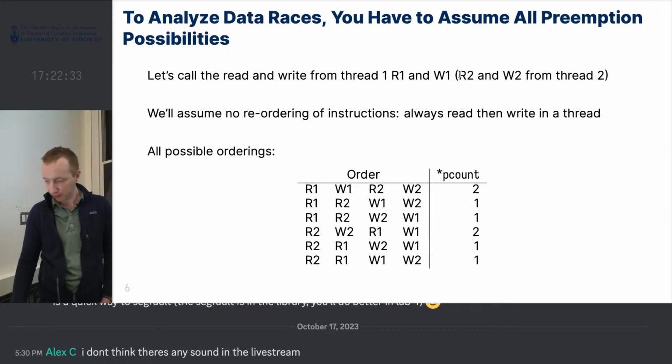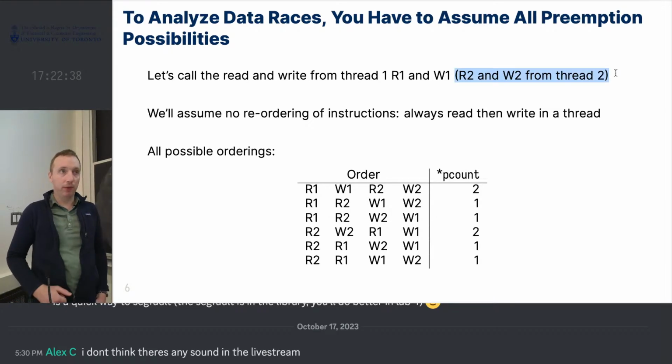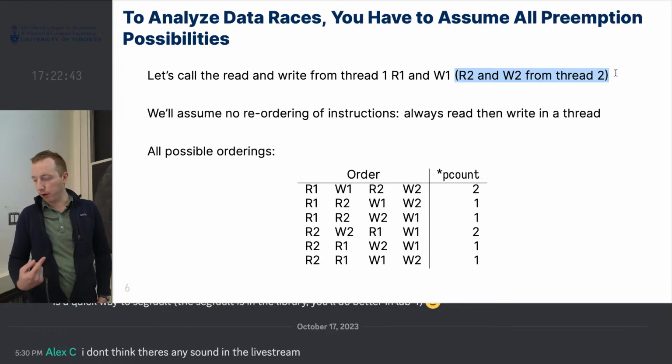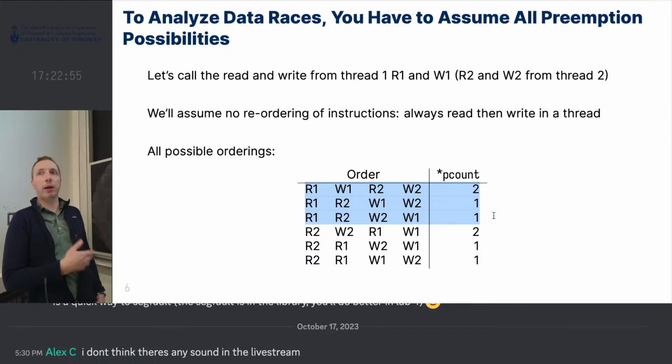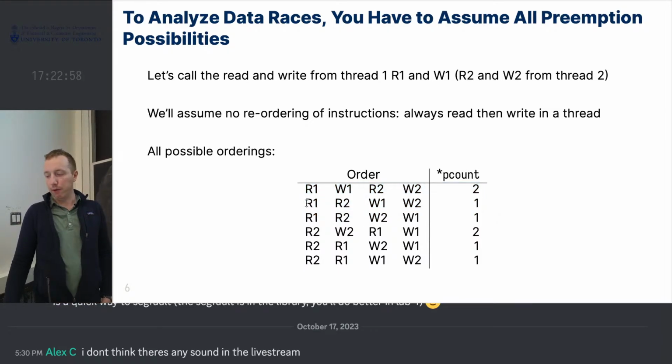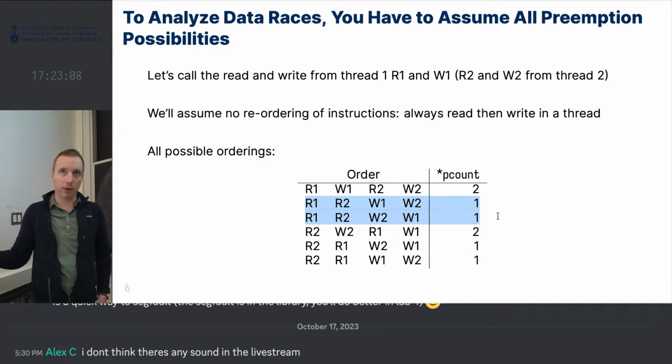So if that's thread 1, then we can represent the operations from thread 2 with R2, so read from thread 2, and then W2, so write from thread 2. So assuming, again, no reordering of instructions, all our possible orderings are, well, the first row here is, we can start by reading from thread 1, and then after we're reading from thread 1, these 2 columns represent if we context switch over and do a read from thread 2, in which case it would also read as 0,